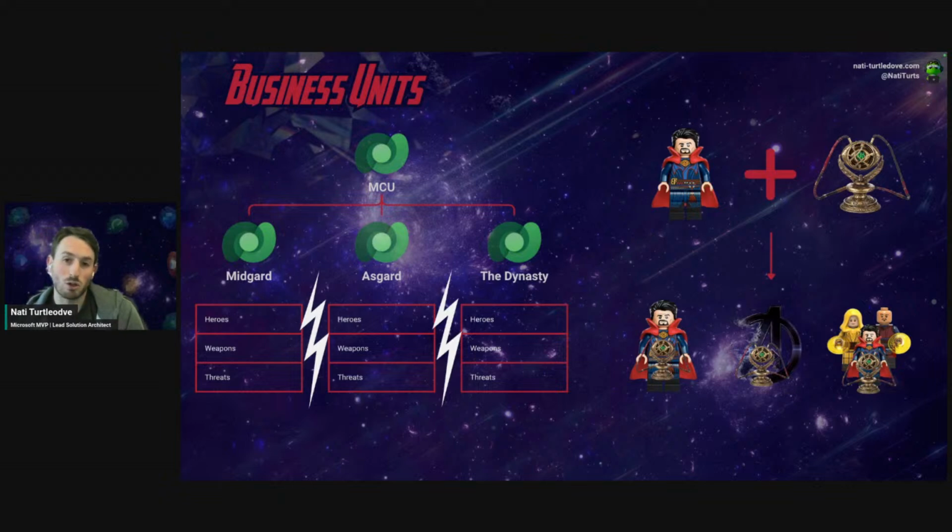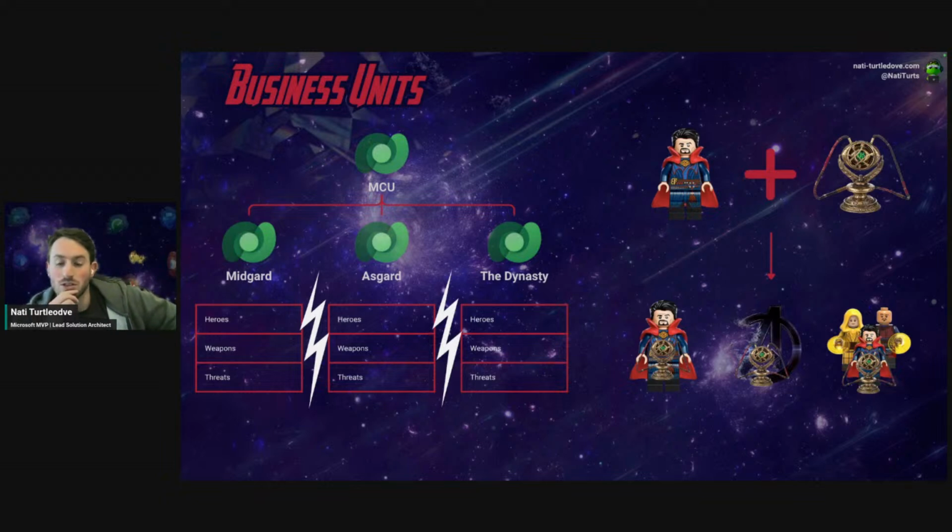When he creates this record, we've potentially got 3 ways this record could be owned. The first way: Dr. Strange created it, therefore the record belongs to him, and because he forms part of the Dynasty business unit, the record is owned by the Dynasty business unit. The other option is to say this is an org-owned record, so we can assign it to either the business unit, the Dynasty, or to the MCU as a whole, saying the owning business unit is the entire organization.